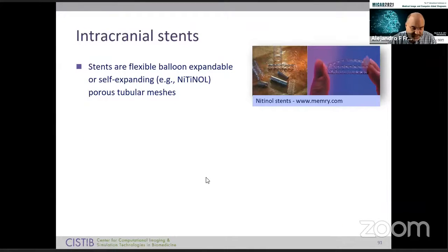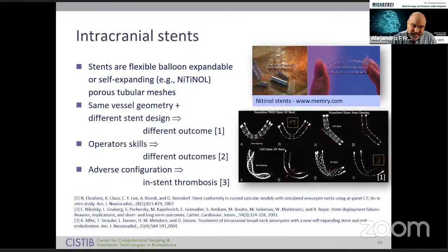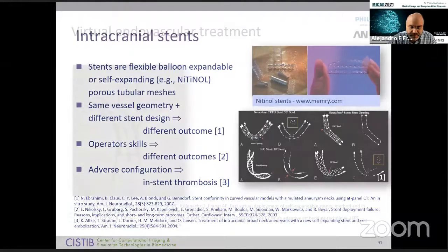So we also developed techniques for doing stenting. I don't have time to go into a lot of detail in terms of how different vessel geometries and operator skills can lead to different outcomes, even with the same device and the same geometry, and also how malposition of the devices can generate in-stent thrombosis, for instance. But what